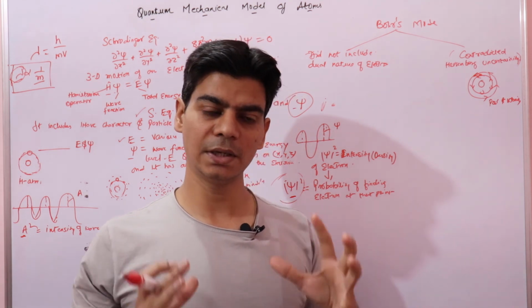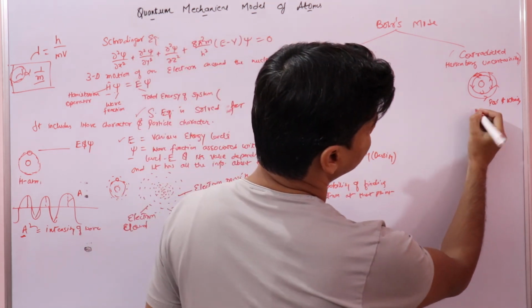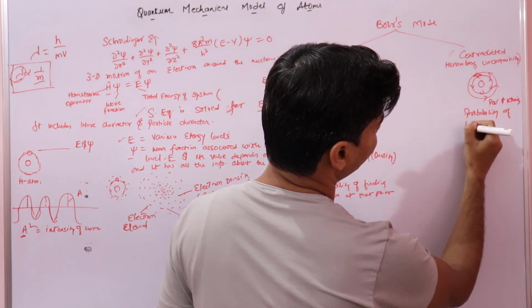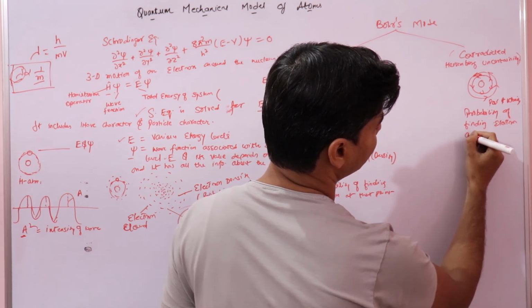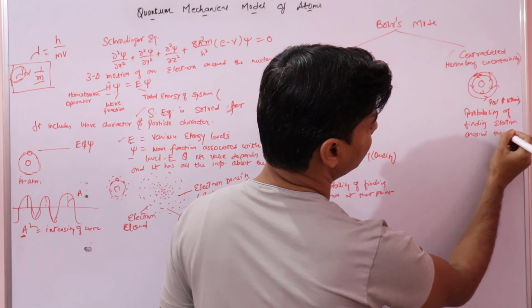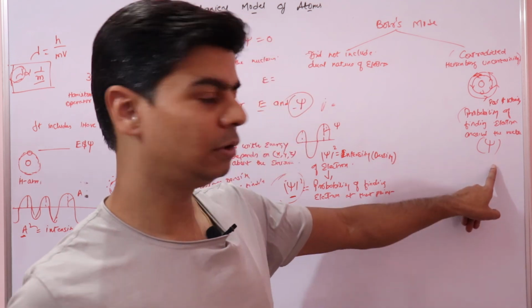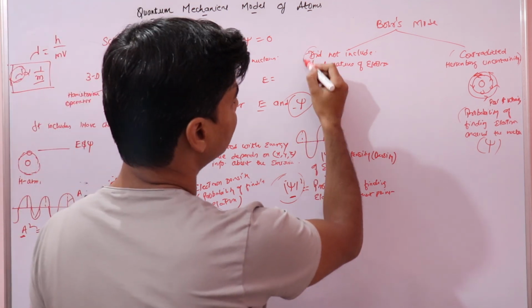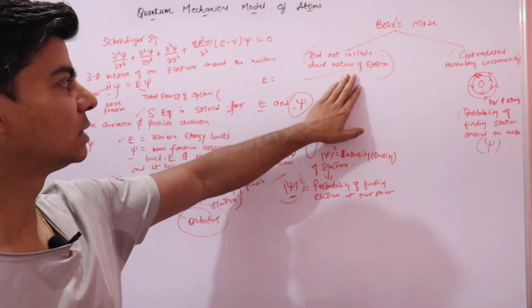We are just saying that there is a probability of finding an electron at certain points around the nucleus, which is given by the value of psi. When we solve for psi for any atom, it gives us the probability of finding an electron around the atom. And this dual nature of matter, we have already discussed that quantum